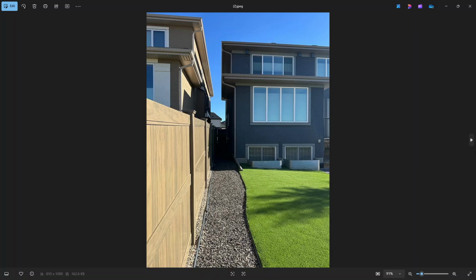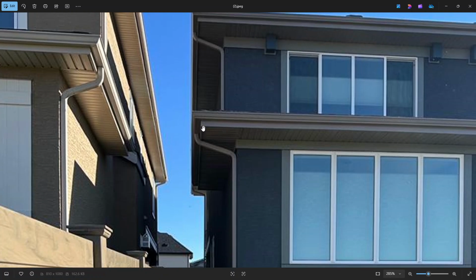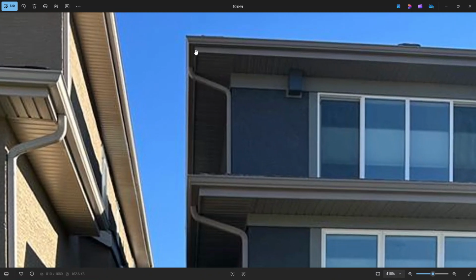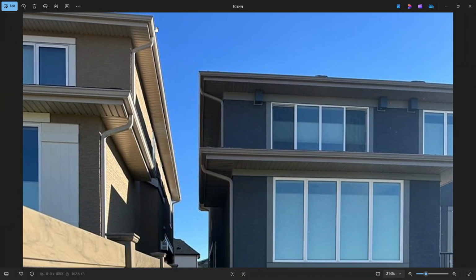Here's the side fence. This is what the eave is, eave on top. This is the eaves trough. Okay, so there's a gutter piece that attaches to the eaves. We don't care about the eaves trough. We care about the eaves. So when he's actually measuring, he's measuring to this corner where the hand is. This is the neighbor's eave. Okay,